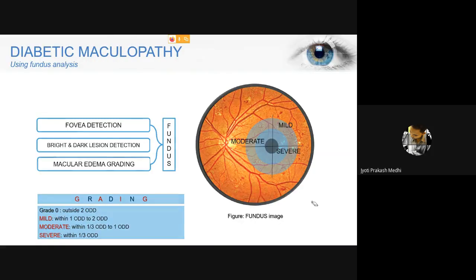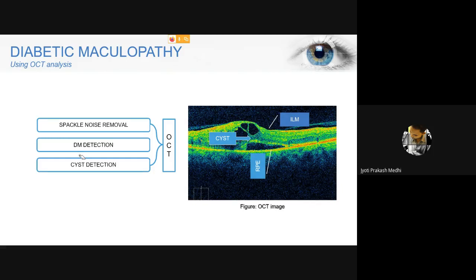So to move on with OCT analysis, for DM detection, we have to identify the thickness between the ILM layer and the RPE layer. So for instance, here we do not check only in the fovea region, but also in the nearby regions. For example, we can check in the fovea region, then at a distance of 150 pixels, both on the right hand side and left hand side, and again at a distance of 250 pixels. This will give us a comparison of a normal retinal image and a diabetic retinal image.